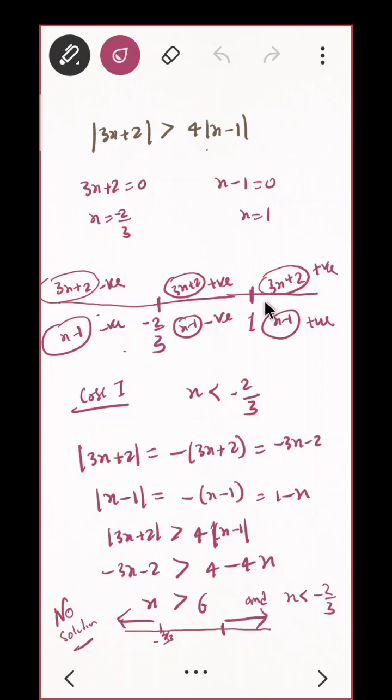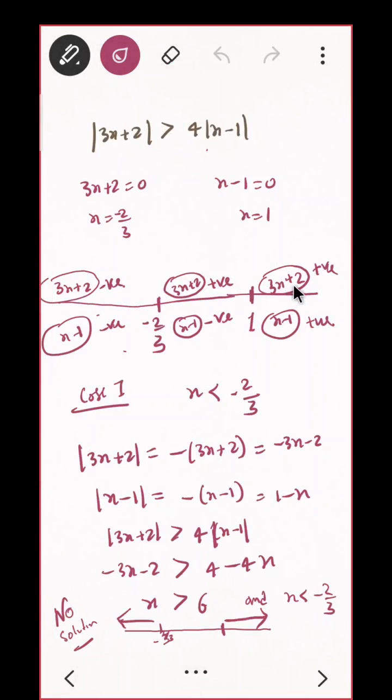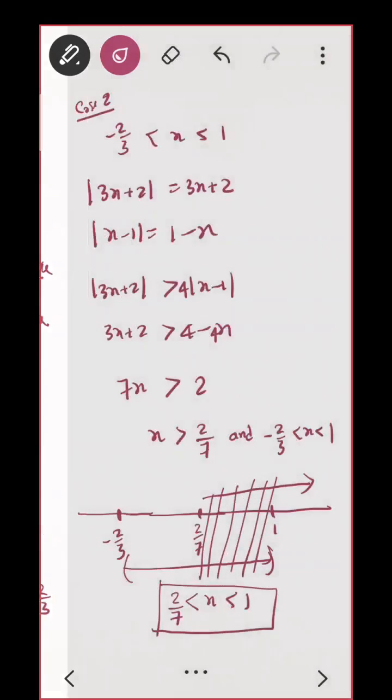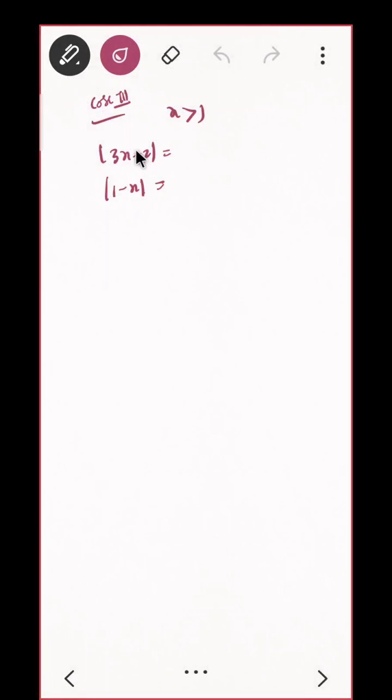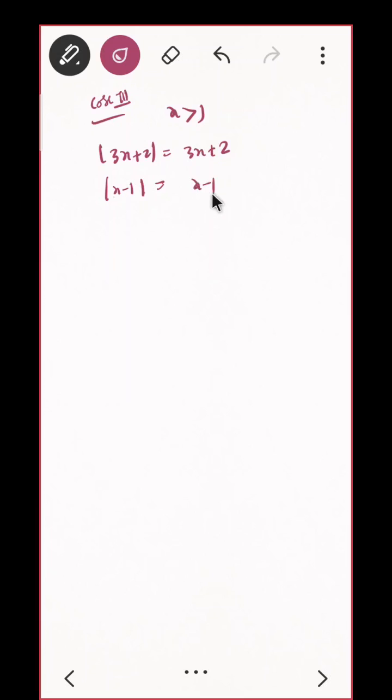That is x is greater than 1. So if you take x is greater than 1, what do you know about 3x plus 2? Mod of 3x plus 2 and mod of 1 minus x. I have already stated in the diagram. Oh sorry, it is 3x plus 2. So 3x plus 2 is also positive, it is also positive. 3x plus 2 and this is x minus 1, right? Correct? Is the question clear? Okay. So both are positive means what? This is also 3x plus 2, this is x minus 1. Correct?